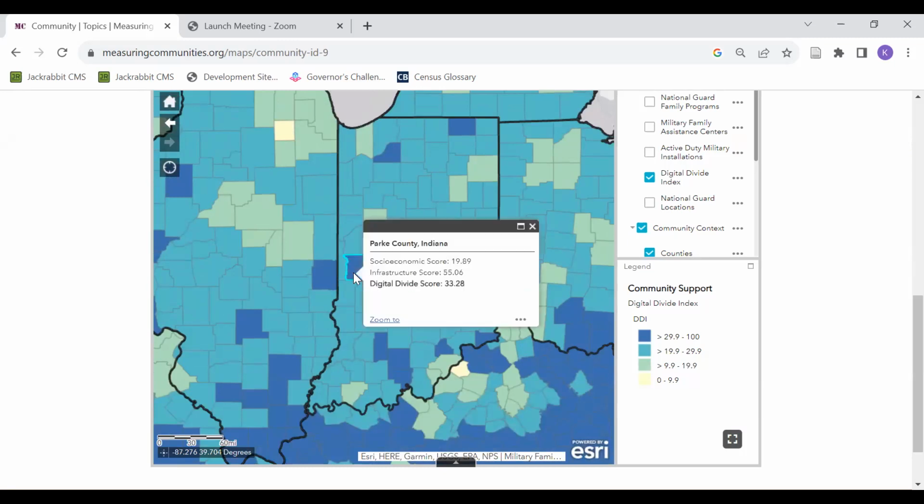You can select on again or click. Maybe we're looking at Park County, Indiana. You're seeing the digital divide score is 33.28, so that's above 30. We're indicating that this county in Indiana has a high digital divide. And you're seeing both the socioeconomic score, again, that looks at socioeconomic variables that might influence someone's ability or access or understanding